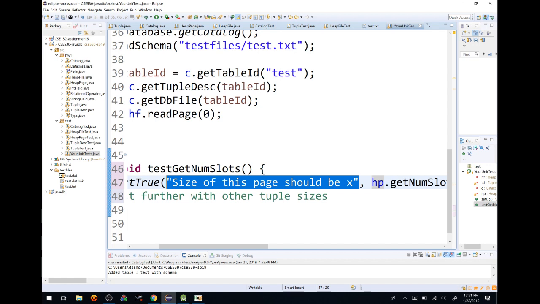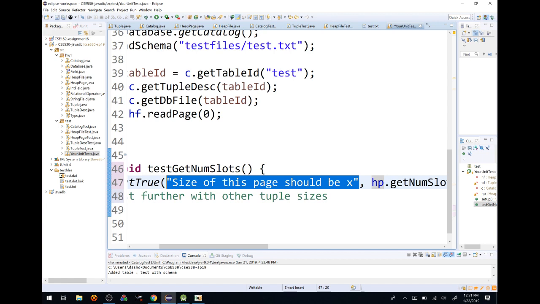So go out there, find methods that are not tested at all. Get number of slots did not have a test. I started one. It's not complete. I hope I don't get like 100 different get number of slots tests now. I don't need that many. I only need one, right? Go out there, take a look at some methods that have not been tested, and come up with a test. Once you have a test, put it in this file,